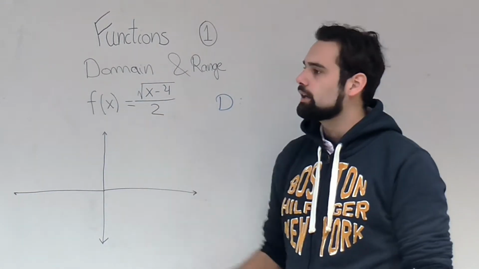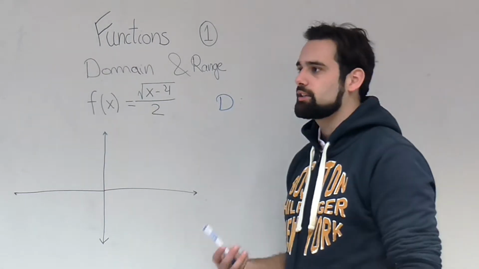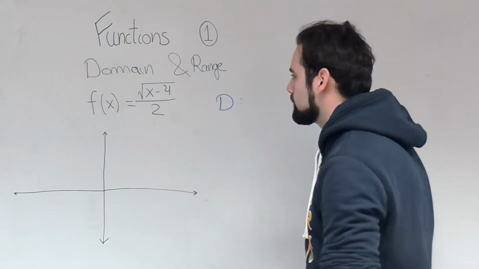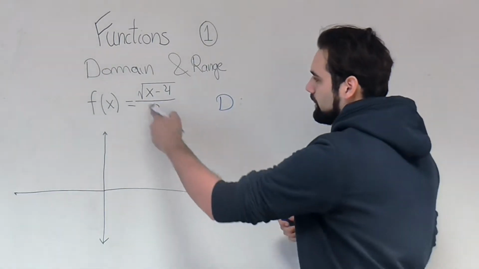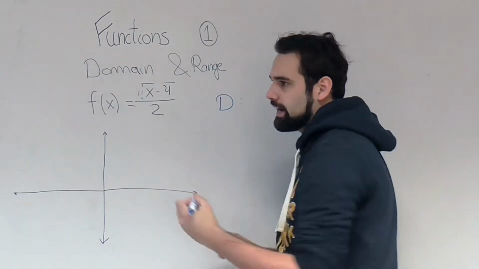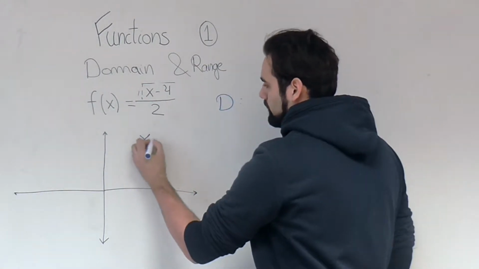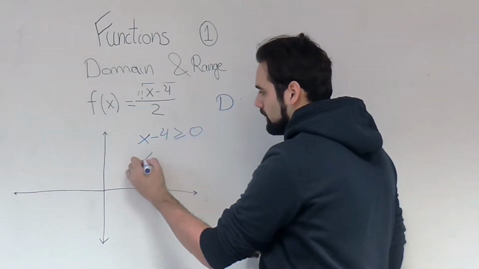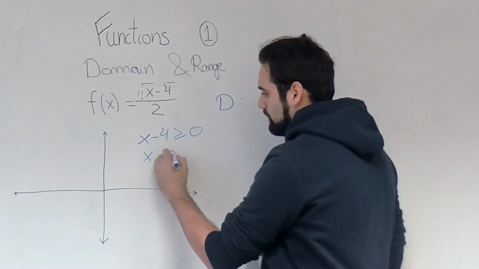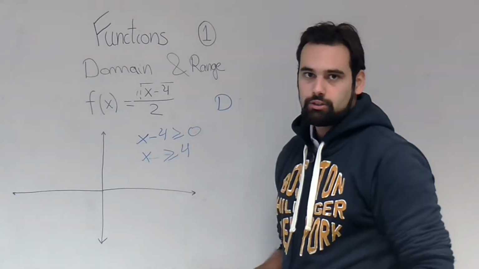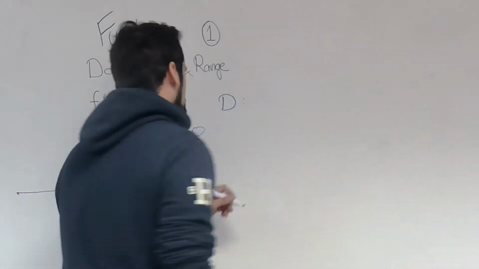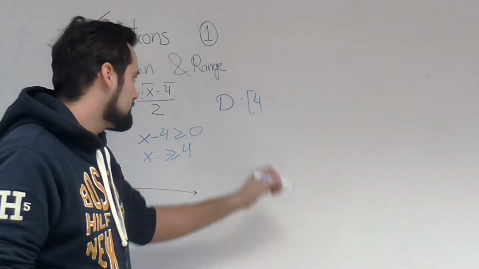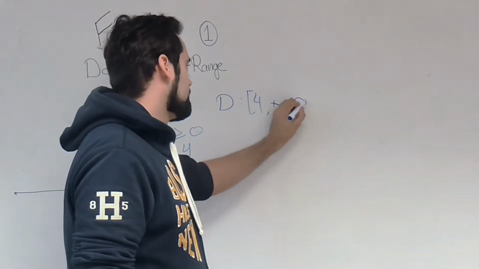So if we take a look at the function, the only moments where it's not going to exist is when this part up here is negative. Technically, it does exist in the complex plane, but in the Cartesian coordinates, you cannot represent it. So you might want this part over here to be either 0 or more. So x minus 4 has to be more or equal to 0. So x has to be more or equal to 4. So that's going to be the domain. The domain is going to be from 4, including 4 because the square root of 0 exists, towards plus infinity,